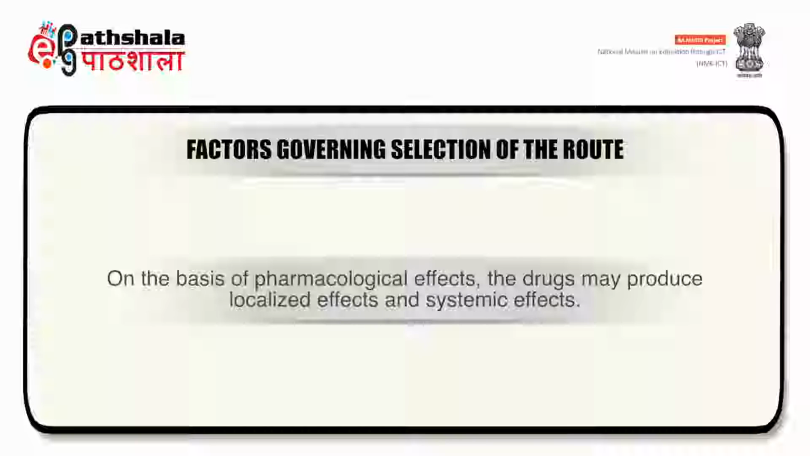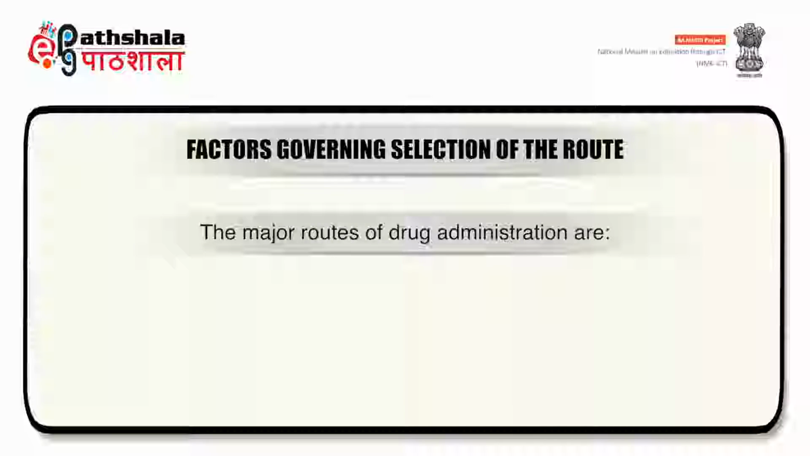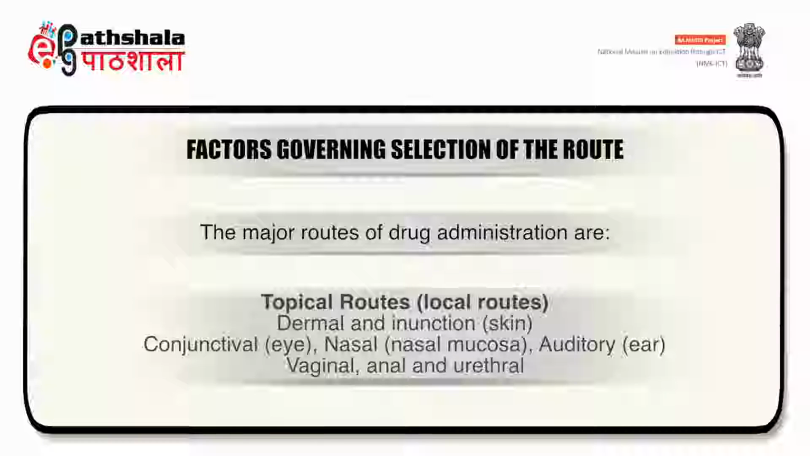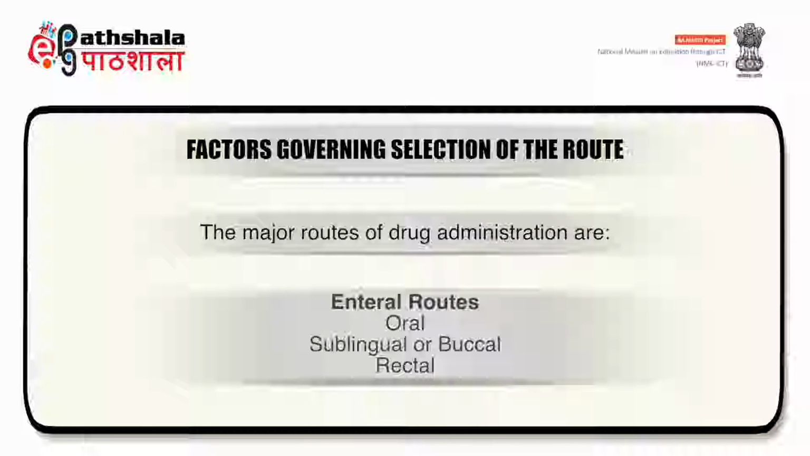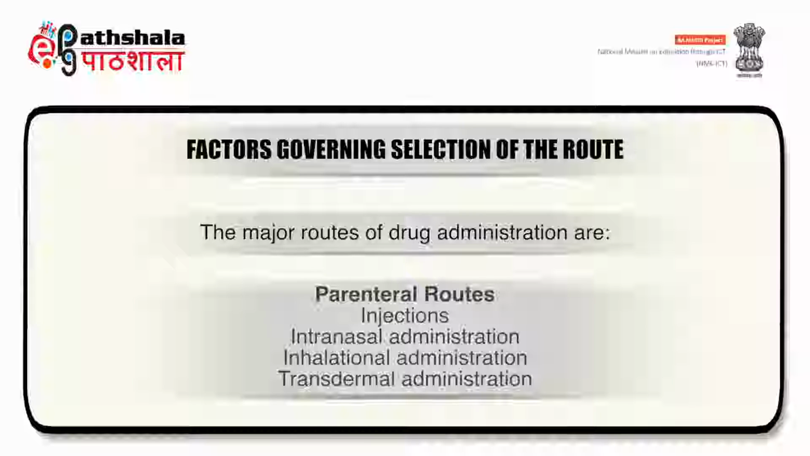On the basis of pharmacological effects, the drugs may produce localized effect or systemic effect. Therefore, the major routes of drug administration are: number 1, topical route, under which we have dermal and injection. Number 2, conjunctival, nasal and auditory. Number 3, vaginal, anal and urethral. The second type are enteral routes, under which we have oral route, sublingual or buccal route and rectal route. The third type is parenteral route, under which we have injections like intravenous, intramuscular,